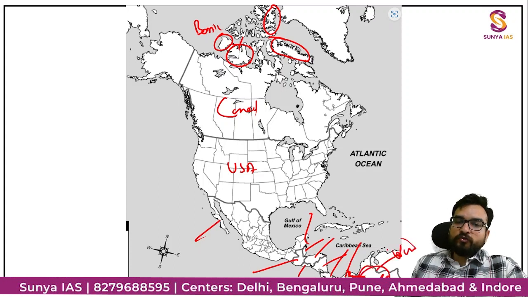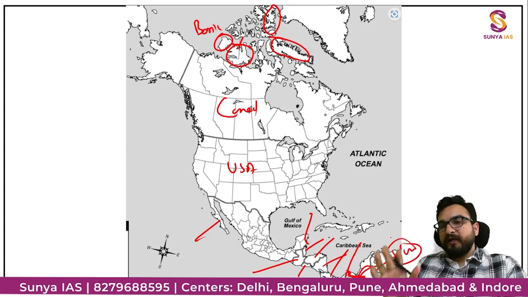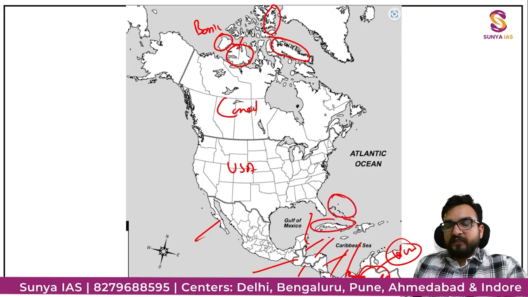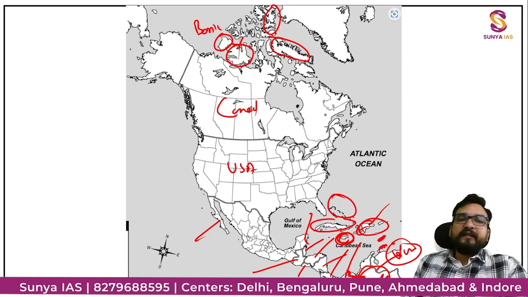Next to Colombia, Venezuela. ऐसे में आपको पूरा connection बना के रखना है, guys. This is Cuba. This is particular Bahamas. This is particular Jamaica. Over here, Haiti and Dominican Republic, Trinidad and Tobago near this, and over here, Saint Vincent and Grenadines.